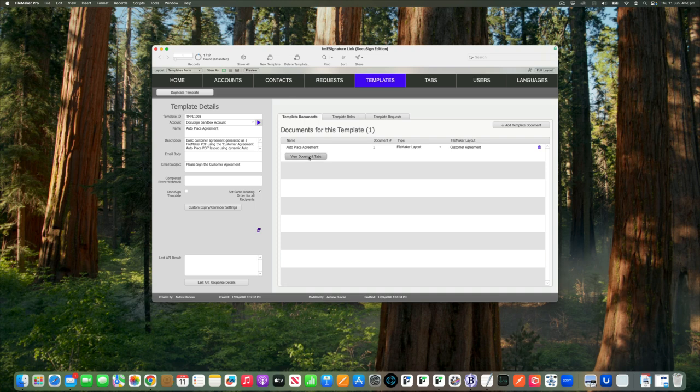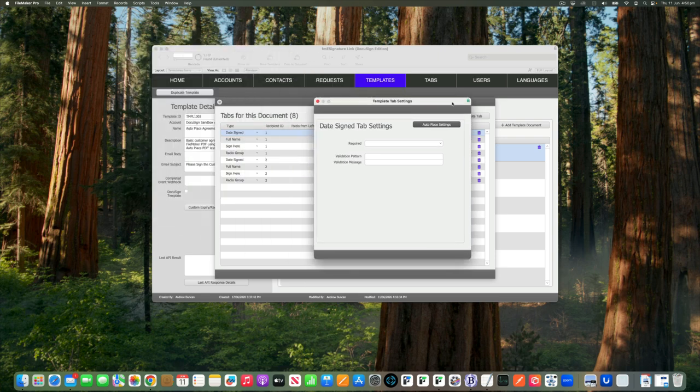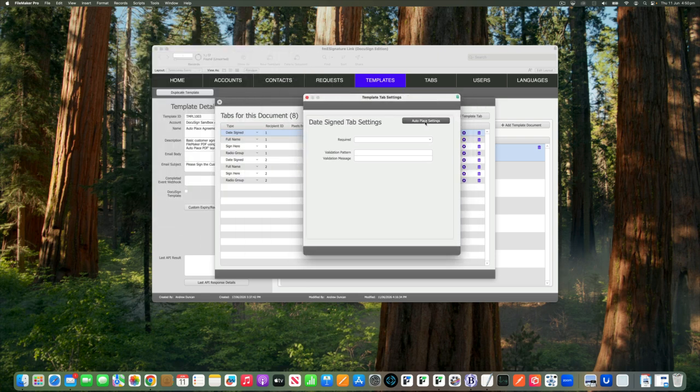So if I click on Viewed Document tabs, there's just one document for this template, and that has two recipients. And each recipient has the same set of tabs: a date signed, a full name assigned here, and a radio group for a shirt size. So let's look at the ones with the anchor tabs. So we'll click on the little gear icon for the date signed, and we'll just go to the autoplace settings, and you can see there's an anchor string of /datesigned1/,